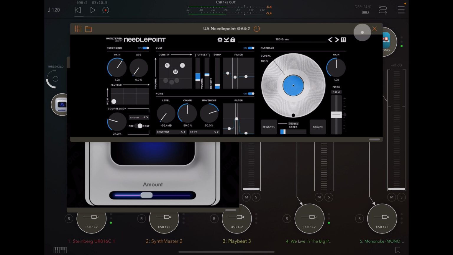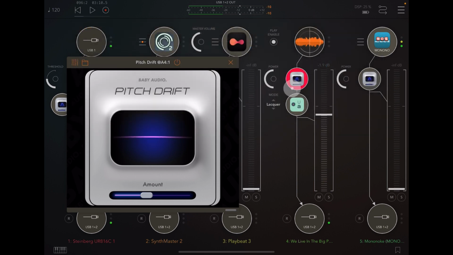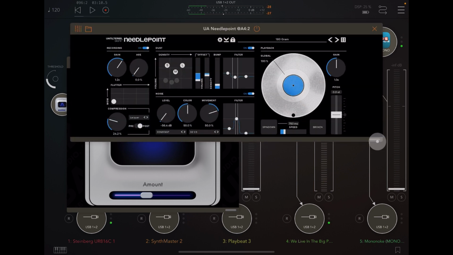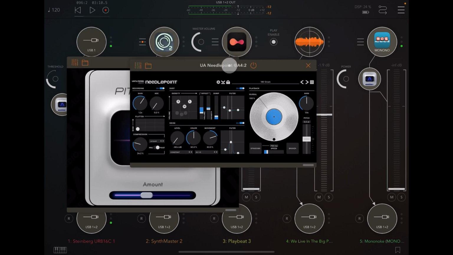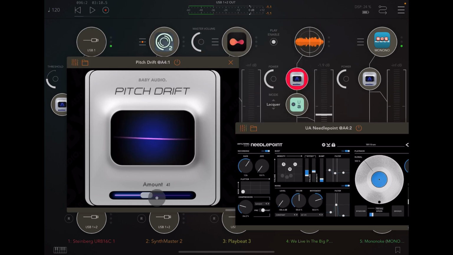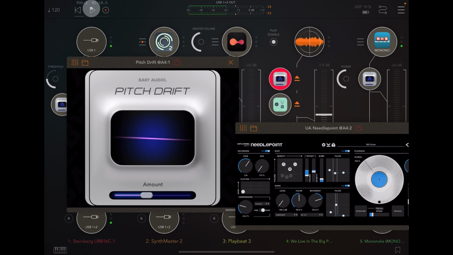But no pitch variation or wobble in this app. What we have in this one, with the mixture of these two apps, you're going to get a very realistic, at sensible levels, of course, very realistic vinyl effect. So if we drop them both out and then put them both back in,